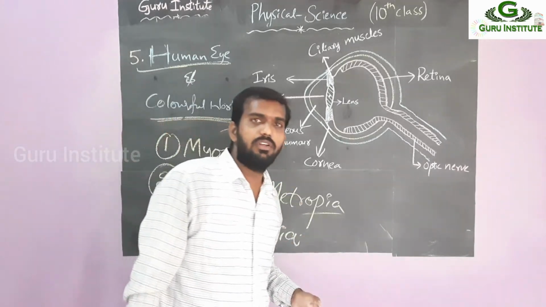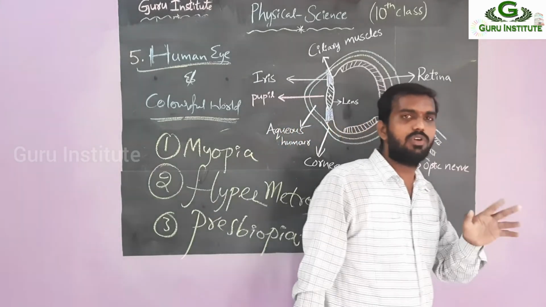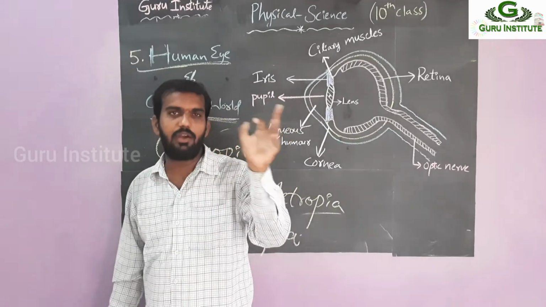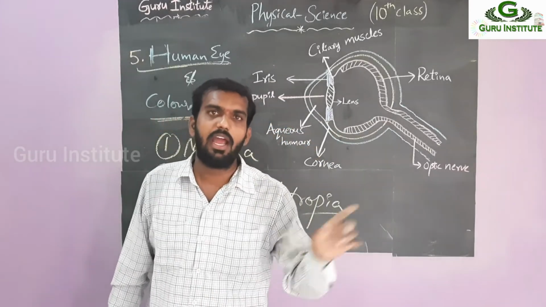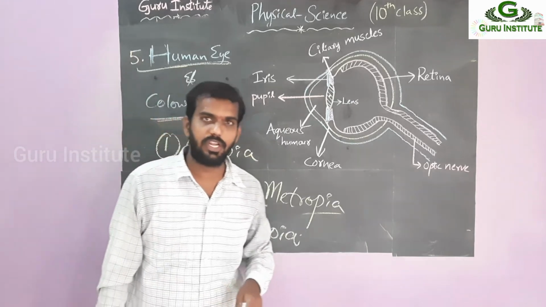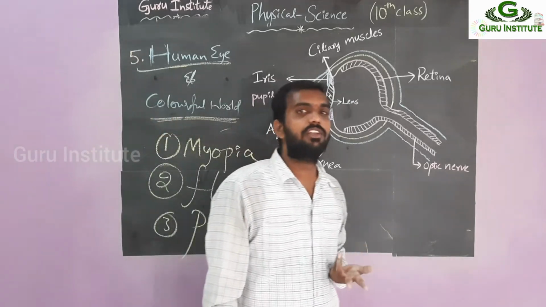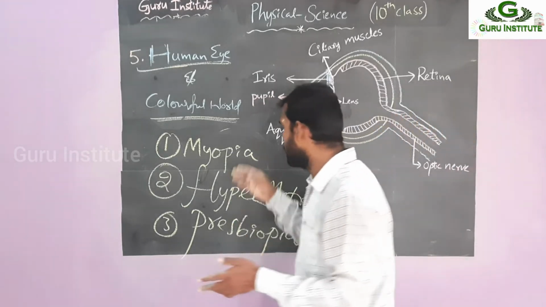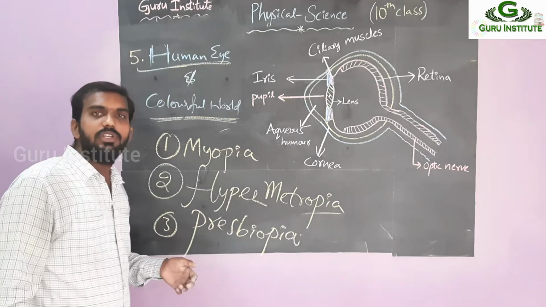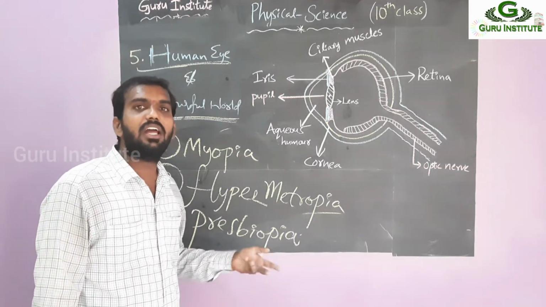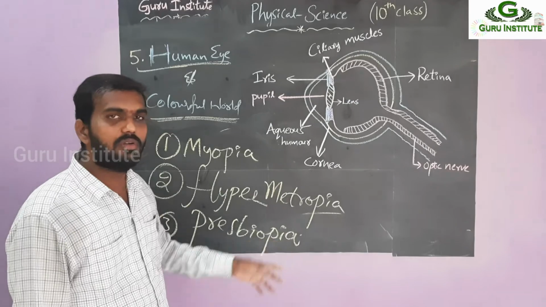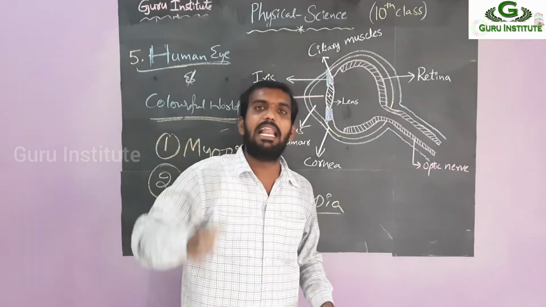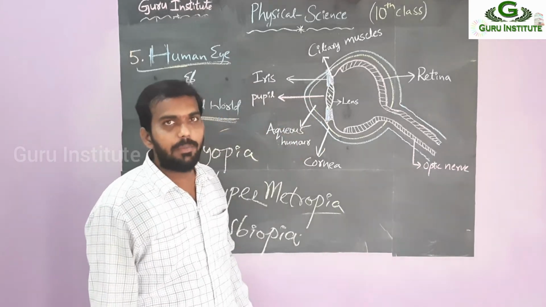Then how can you correct this one? Whenever your children or any person can't see objects, we immediately go to the eye doctor and have them checked, and the doctor will write down the defect and give some lenses for you, right? How many types of lenses do we have? Two types of lenses are there: convex lens and concave lens. Depending upon your type of defect, he will suggest a lens, either convex or concave. What it should be, we will learn more in the next step. Then you can use the glasses and see the clear image.